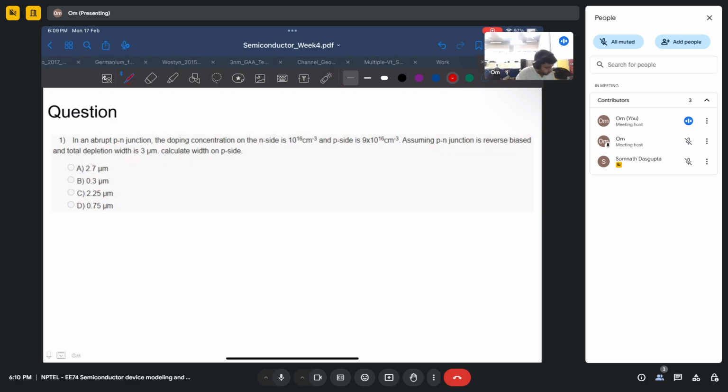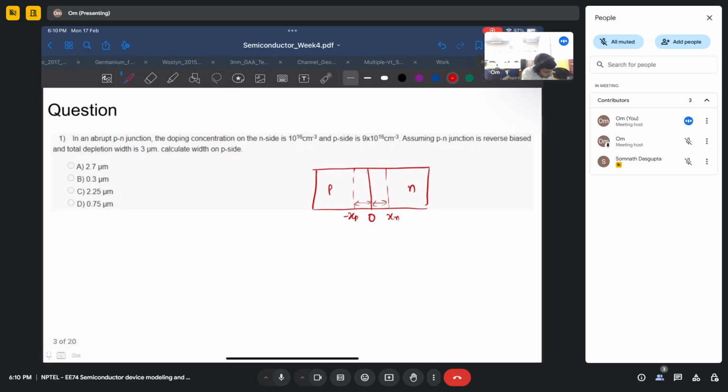Okay. So let me just show it for the recording sake. So we have a PN junction. This is P side. This is N side. And we would have some depletion on both the sides, let's say. And let me call it, let's say this is 0, this is xn, this is xp. So this xp is the depletion on the p side, and this xn is the depletion on the n side. So if we know by charge neutrality,